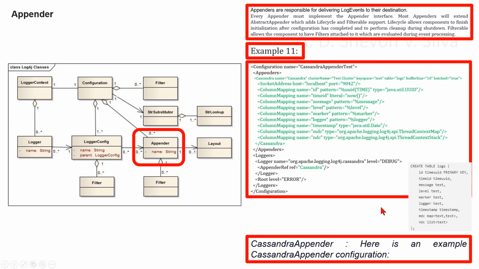Now we are considering Cassandra Appender. Here is an example Cassandra Appender configuration. The Cassandra Appender writes its output to an Apache Cassandra database. The key space and table must be configured ahead of time, and the columns of that table are mapped in the configuration file. Each column can specify either a string layout,